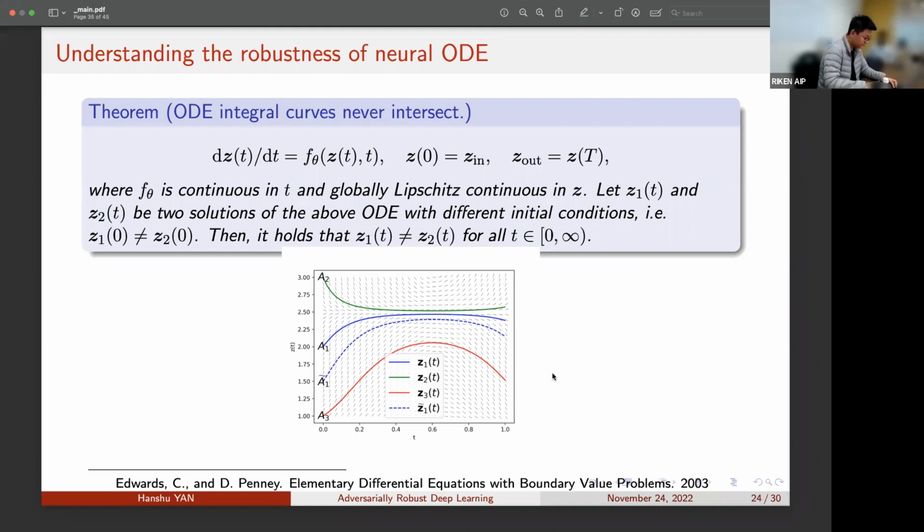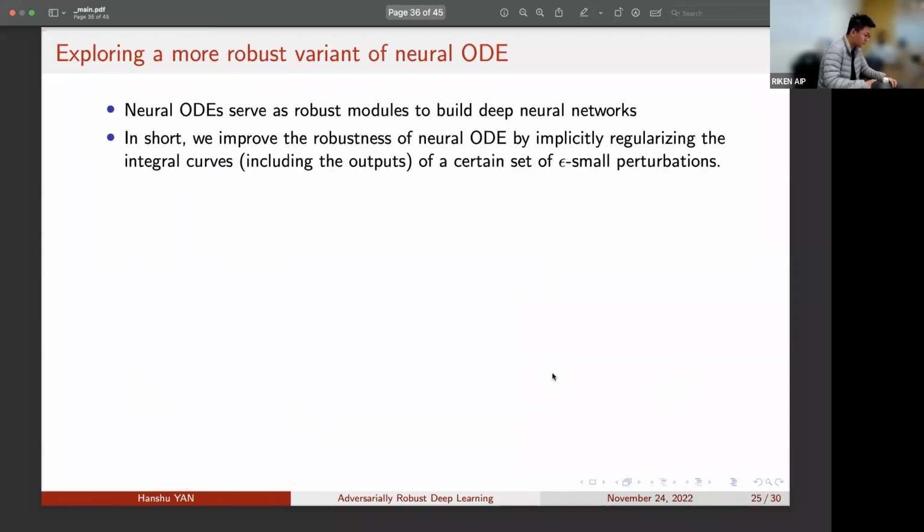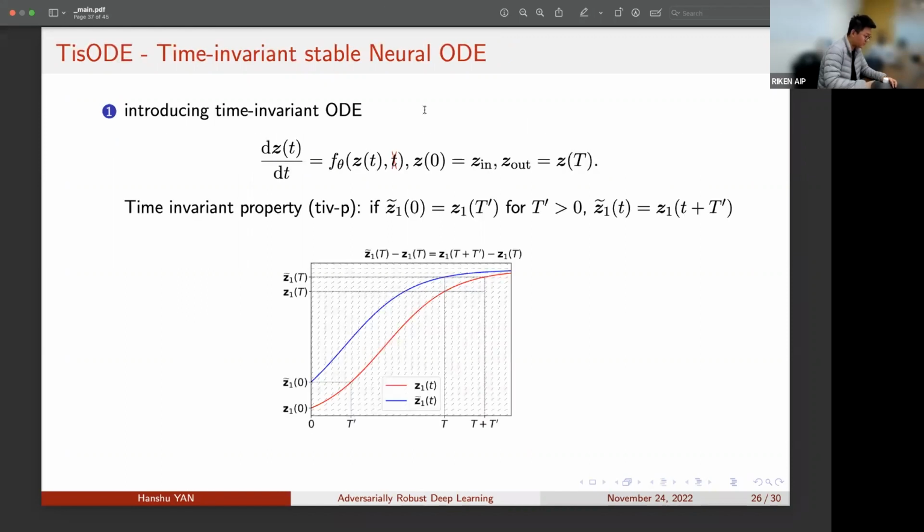So it may tell us that this is why the robustness of NeuroD is better than the CN. So now NeuroD layers is a better module than CN in terms of the robustness. So we want to explore whether we can further improve the robustness of the NeuroD. Of course, we propose the time invariant stable NeuroD, TisODE, and we introduced two more constraints, or two more regularizations,